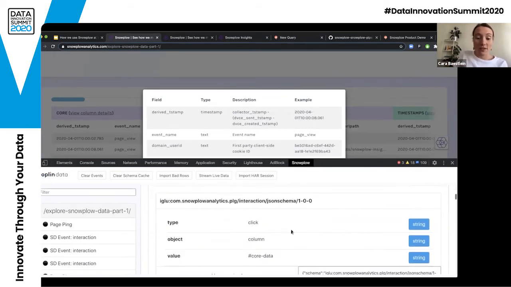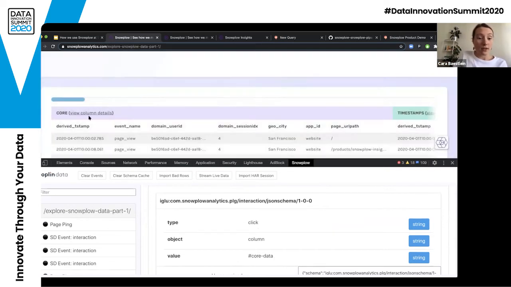And so you'll see here there's some additional data being tracked. So actually we're tracking a type click, and the object is a column and the value is core data. So we're doing a column detail expand for the core data, which is these core fields that are displayed over here. So this is some additional data that we wanted to capture, and we've got these interaction events for lots